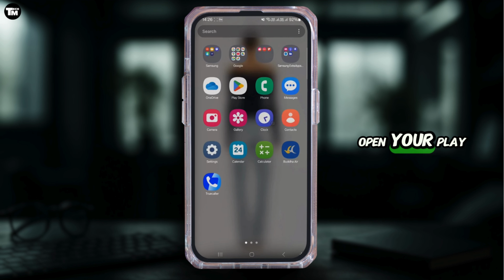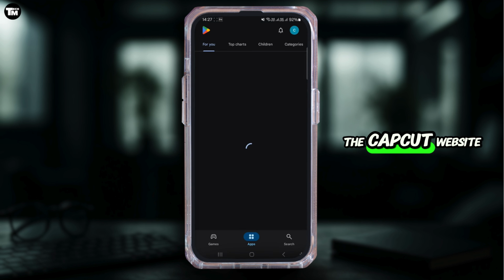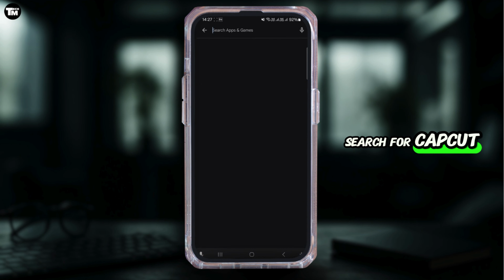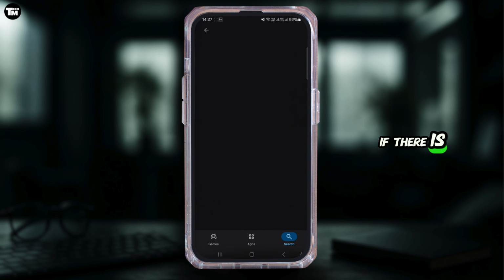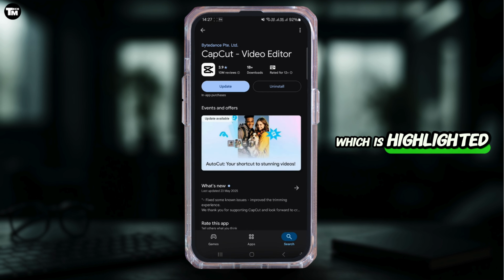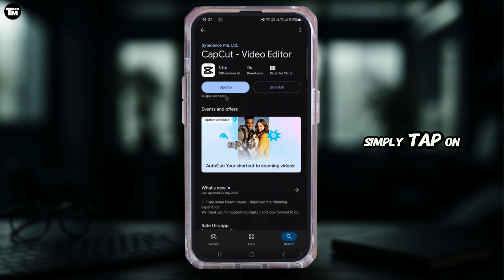You can also open your Play Store, App Store, or the CapCut website, search for CapCut, and make sure that it's updated to its latest version. If there is an update button available, which is highlighted in blue color, simply tap on it to update it